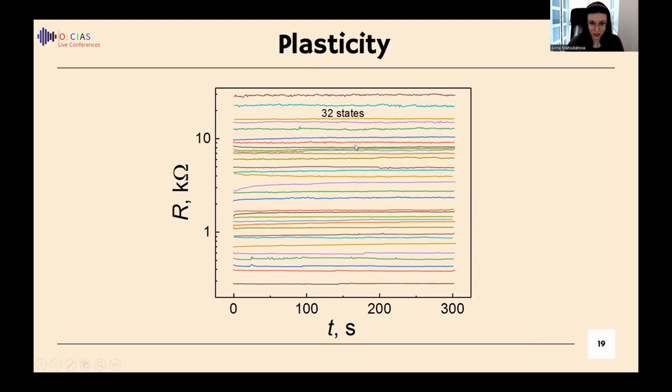They had high plasticity. It can be seen here that from the high resistive state to the low resistive state, there can be found many stable states. And I say stable in that we do not apply any additional voltage in order to maintain these states. So these states are stored without any additional voltage needed. They were stored for 5 minutes without any visible differences from the beginning states, and 32 different resistive states were found for this structure. But of course, here we presented only 5 minutes of the experiment, because it would have been a very long experiment